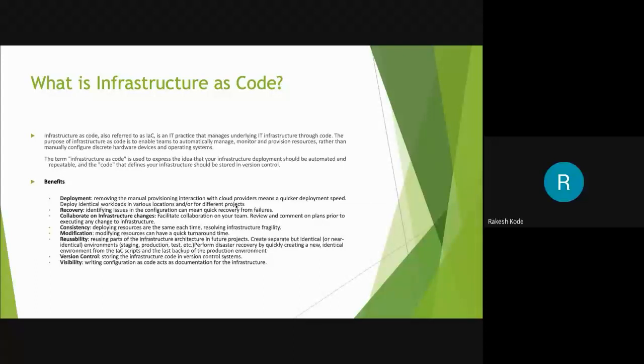With a manual process, if you're doing it manually, we might miss something that we might have done two days back. So those kind of things can be avoided, and since everything resides in the code, we can basically version control it. We can know who is making the changes, why the changes are made. It's just like any application development, things can be version controlled on the code. Or again, as I talked about, visibility, it gives a visibility on